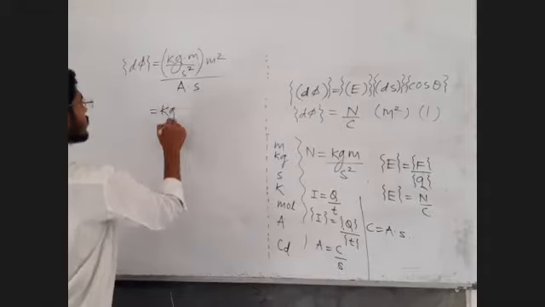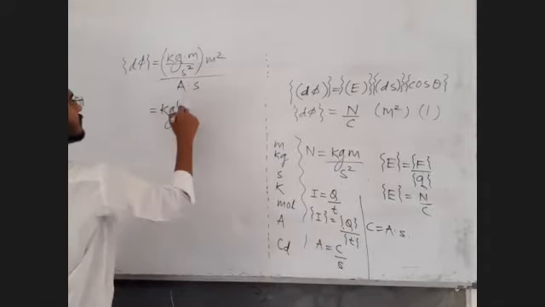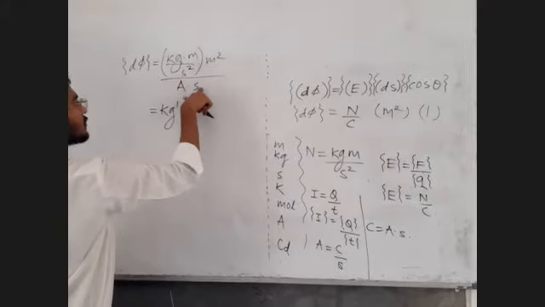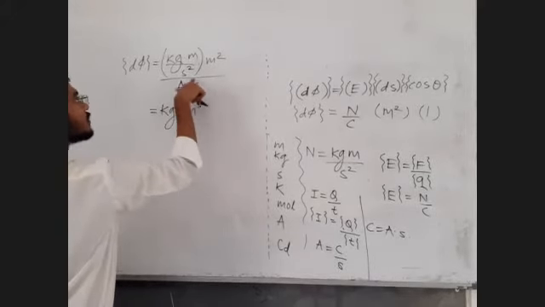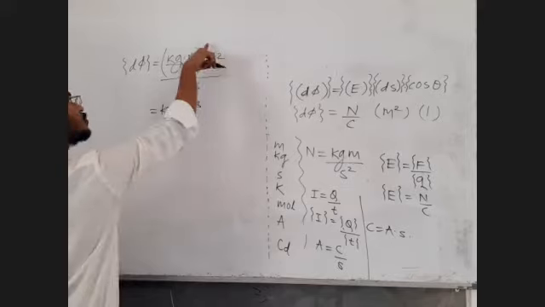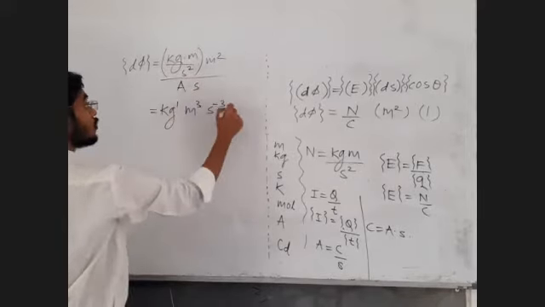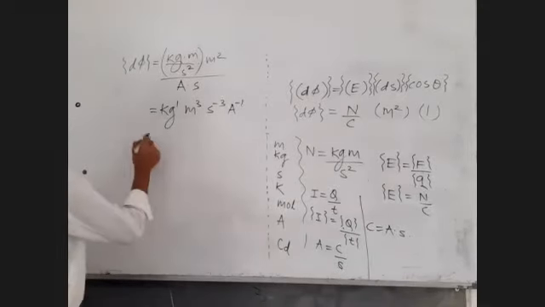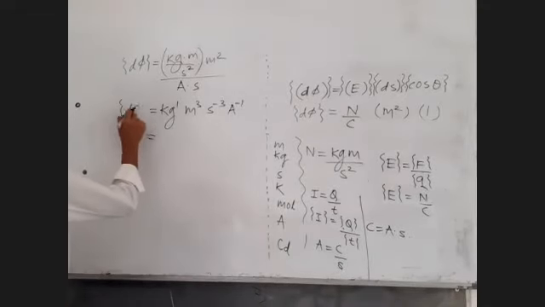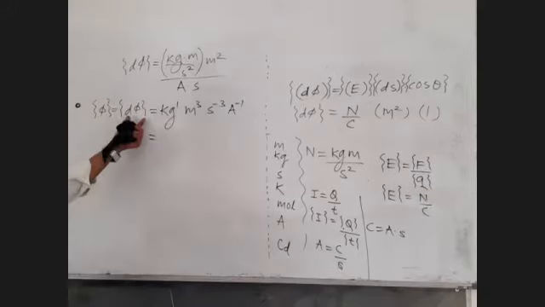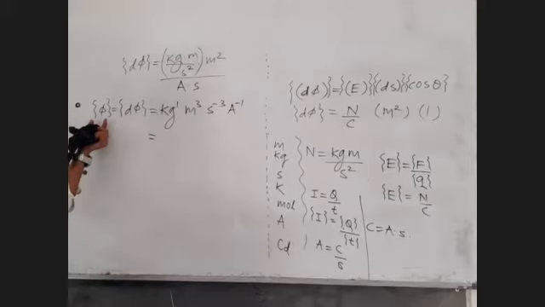Kg raised to 1, meter square, meter cube. So second square in the denominator, and this second is also in the denominator. So second cube in the denominator goes into the numerator, second raised to minus 3. Ampere in the denominator goes into the numerator, ampere raised to minus 1. This is the unit of electric flux. You may call it d phi or phi. No problem, because it's just a unit. The unit of change in a given quantity and the unit of the given quantity are going to be the same.